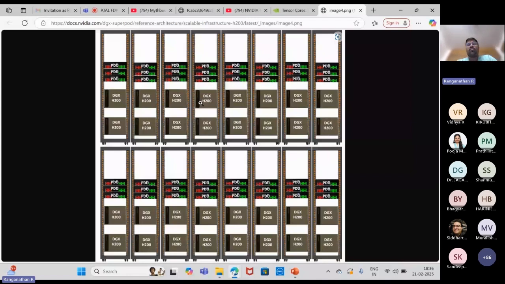And this might be ideal for a financial services or a healthcare application, mostly in the deep learning space where you need to have support for a lot of video data, and you need to have a lot of support for audio data, right? So this is one of the DGX SuperPOD architectures. And coming back to the deck,